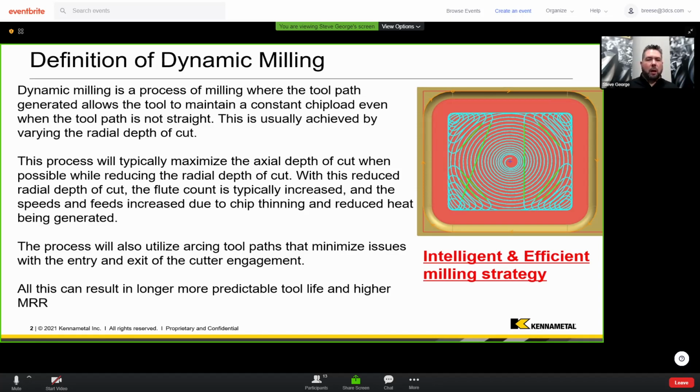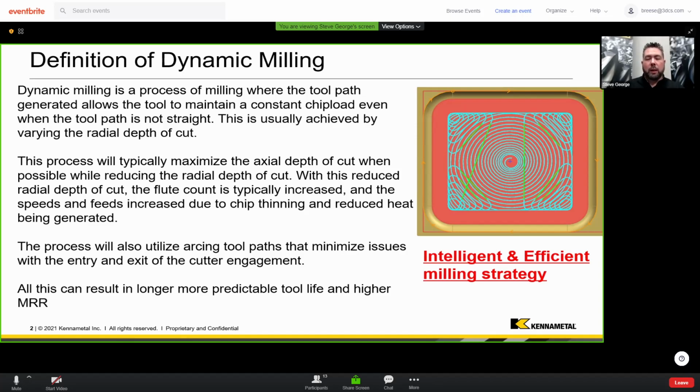Okay. Sometimes that's called peel milling. Sometimes that's given a lot of different terms by different CAM companies, for instance. But we're going to call it dynamic milling here, just to have a constant term as we go through. When we talk about it, in terms of when I talk to customers, when I talk to friends, fellow researchers about what I'm going to